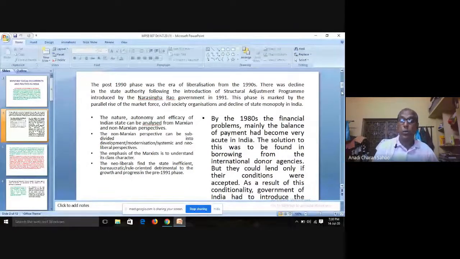Liberalization. You know, the features of globalization are liberalization, privatization, market-based economy system, investment. These are the features of globalization. Globalization is nothing but a worldwide economic order, a worldwide economic system managed by, controlled by